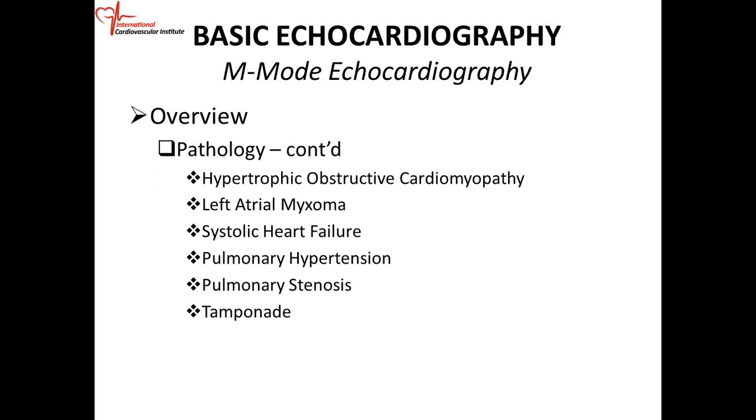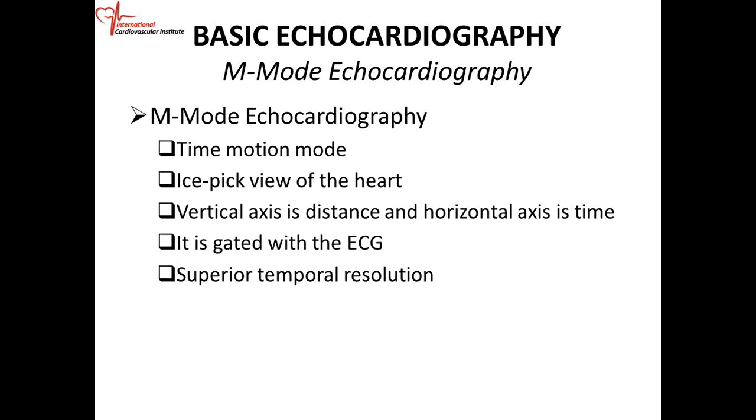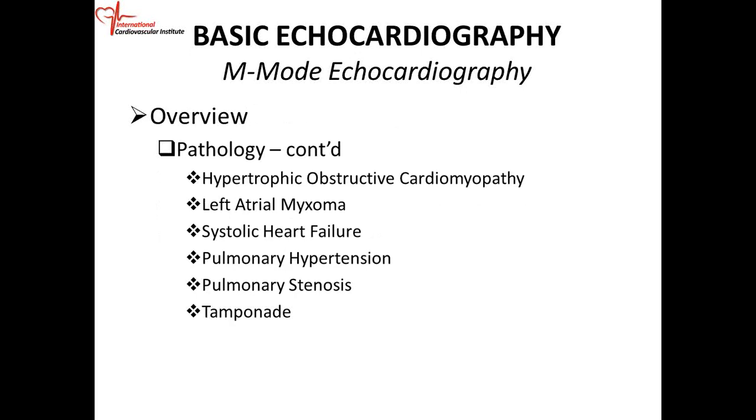You have to know what systolic heart failure looks like, pulmonary hypertension, and pulmonary stenosis and tamponade. So again, it's only a few pathology you have to know, and these are the ones that they're going to put on the test. All right, so let's